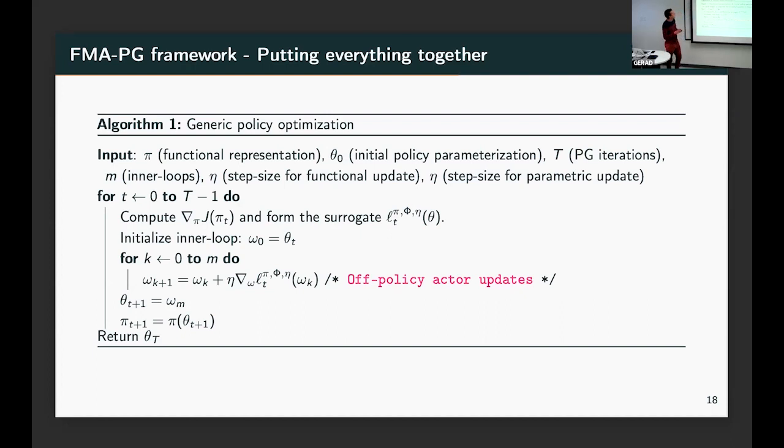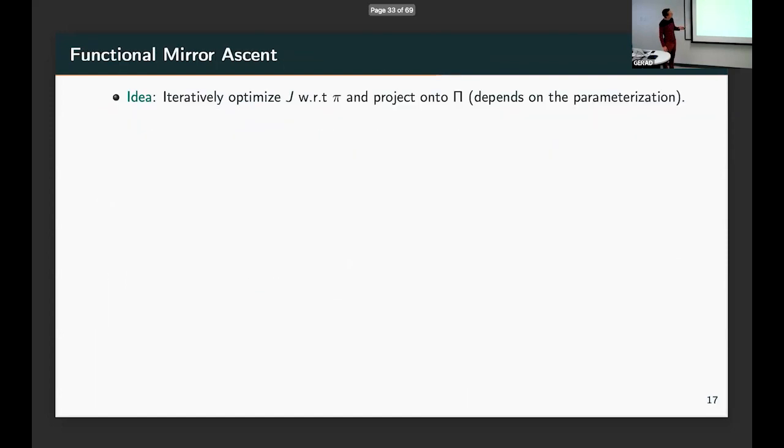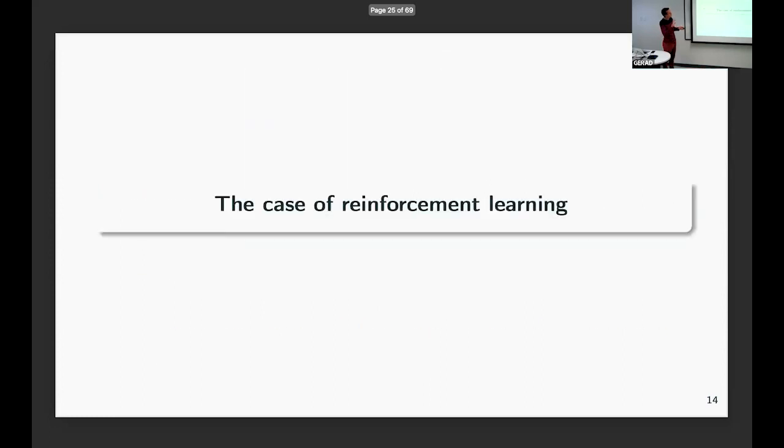The funny thing with this method is that, going back, this functional representation, for a policy, you have different ways of representing a policy. It can be the conditional distribution of actions given states. It can be the logits of the conditional distribution of actions given states. Or you can even imagine it as the discounted state visitation distribution. They all give rise to different algorithms. And some of them work better, some of them work worse. But basically, you can recover all of these existing algorithms based on two things. And we show again that PPO, MPO, they do the wrong thing, but you can do the right thing.